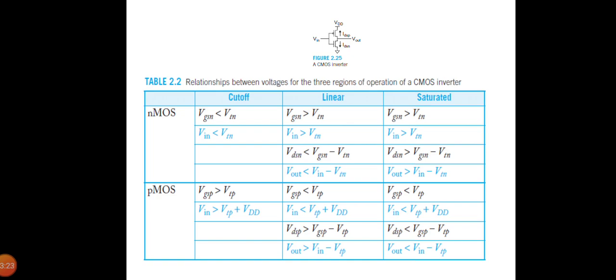In steady state, there always exists a path with finite resistance between the output and either VDD or ground. A well-designed CMOS inverter, therefore, has a low output impedance, which makes it less sensitive to noise and disturbances. Typical values of the output resistance are in the kilo ohm range.